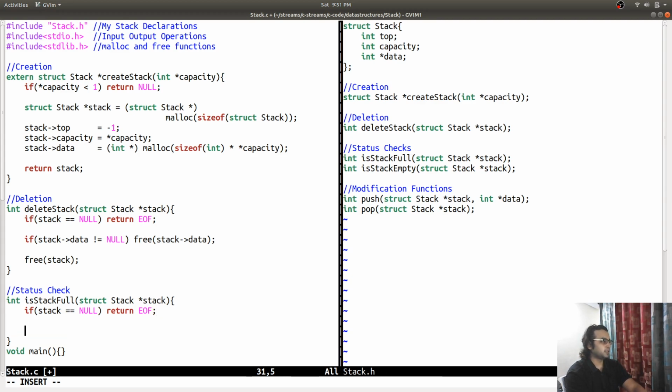Next, I'm going to say stack top plus 1 equal to stack capacity.